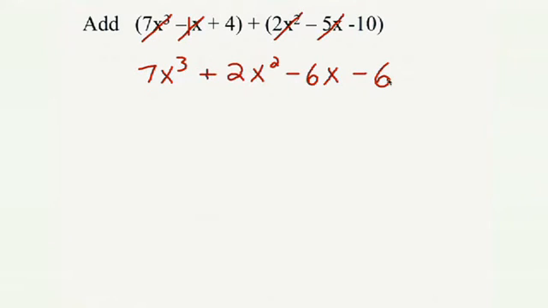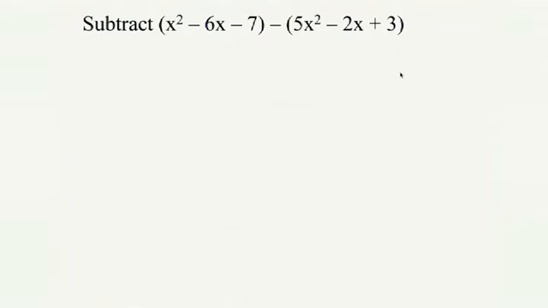Again, you can still go back and think in terms of money if that helps you. If you owe one person an x and you owe somebody else 5 x's, you owe a total of 6 x's. If you have $4 but you owe somebody $10, you're still behind by $6. I recommend still thinking about it that way if it helps. All right, so much for addition. You pretty much already know how to do it. So let's take a look at subtraction.